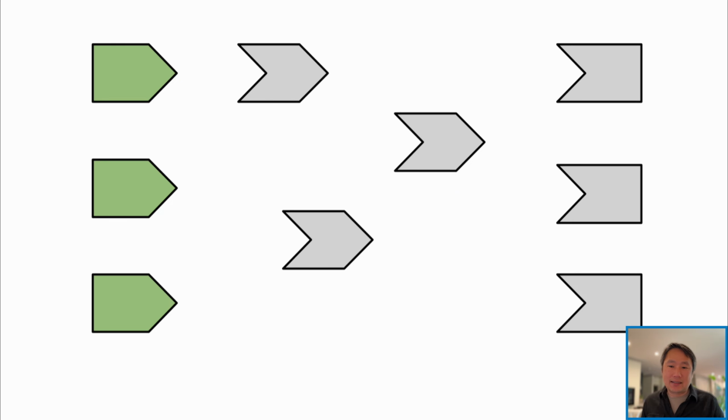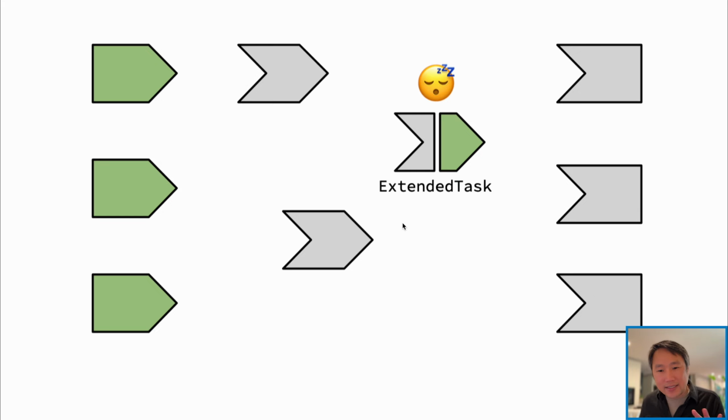So extended task changes the shape of this graph, and it does it by taking this long-running operation and splitting it into two parts. There's the part on the left, which is an observer that is going to launch the operation, and a totally separate but related piece that is going to hold the result value that can be read. And I've put a little emoji here to represent a background R process that's going to actually do the work for us. So when the Shiny app starts, the background process is sleeping. It hasn't been told to do any work yet. And none of these relationships, again, have been established.